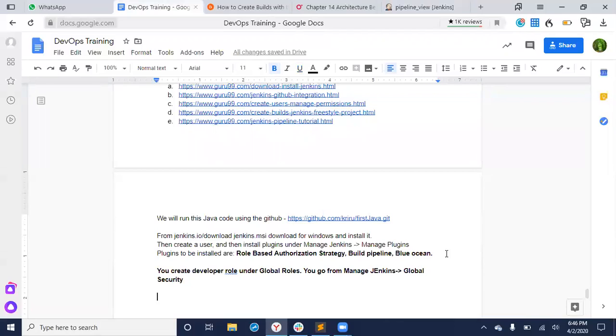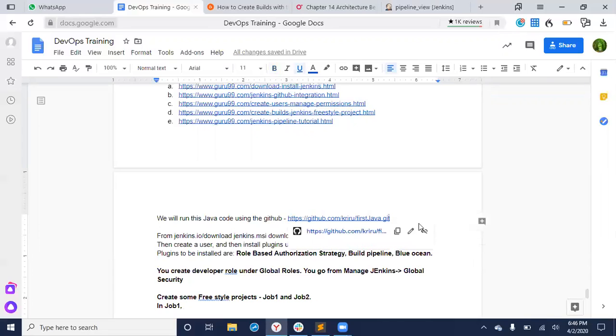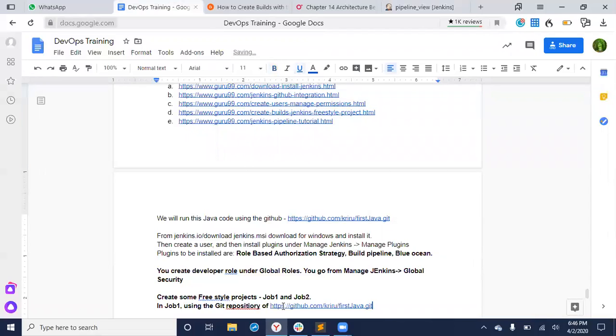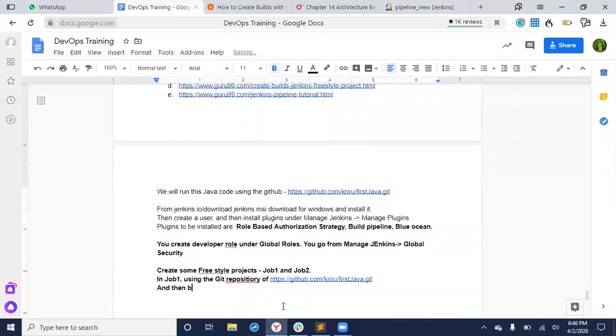Then create some freestyle projects. Freestyle projects, you can say job 1 and job 2, where in job 1 we are using some Git repository, and then a build step of HelloWorld.java, compile and execute.